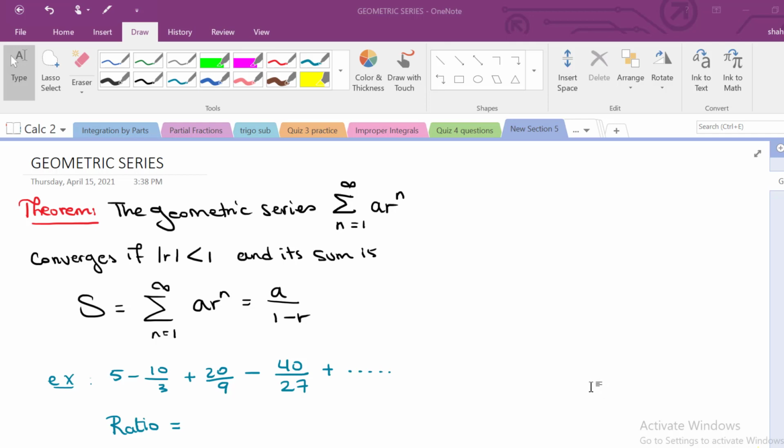Hi everyone. So, as you know, series and sequences are very important topics in Calculus 2. So, today we're going to be focusing on series and specifically geometric series. So, geometric series